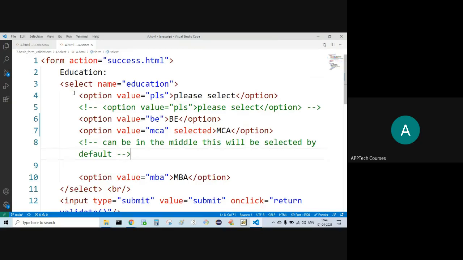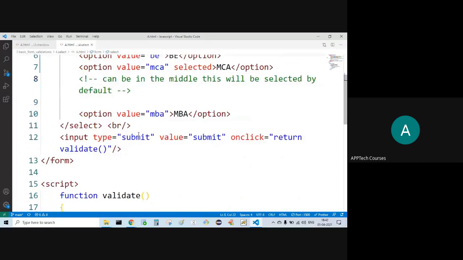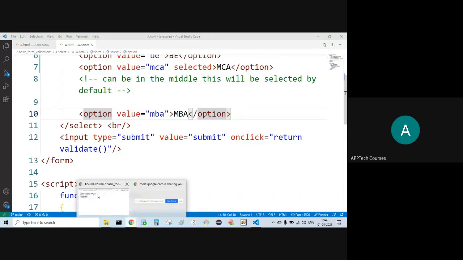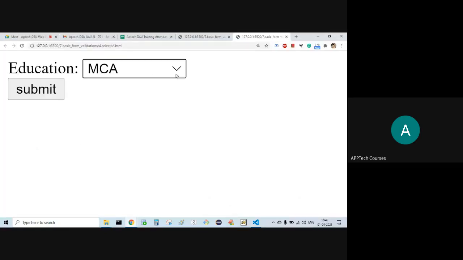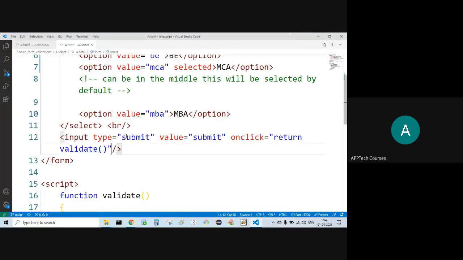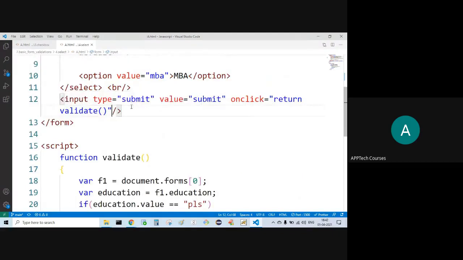Now these are all the options. And one more option we have, MBA. Now input type submit, value is submit.